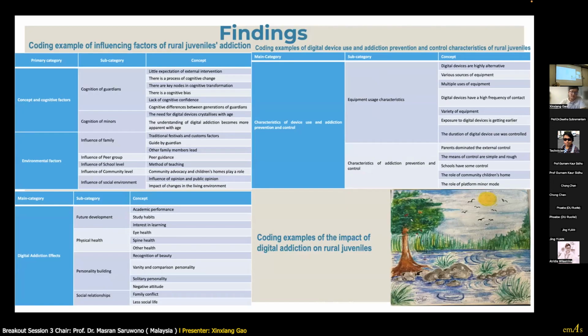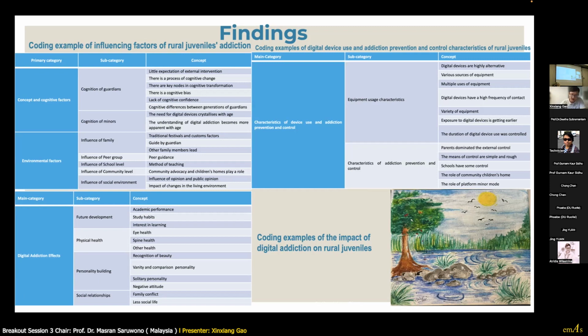Answer to the first question: the awareness level of rural juveniles and their guardians on digital addiction is insufficient. To answer the second question, the characteristics and influencing factors of digital addiction among rural juveniles are as follows.